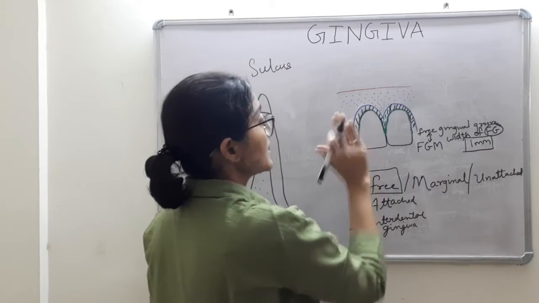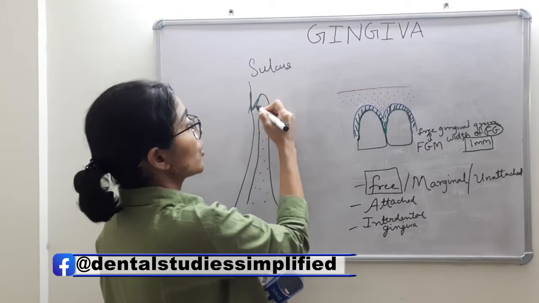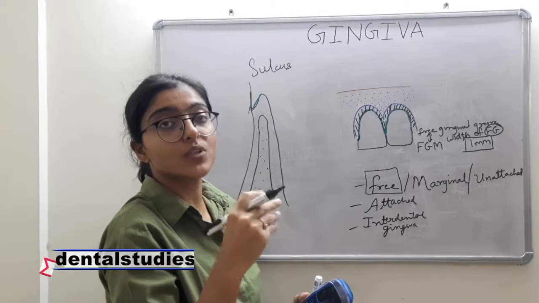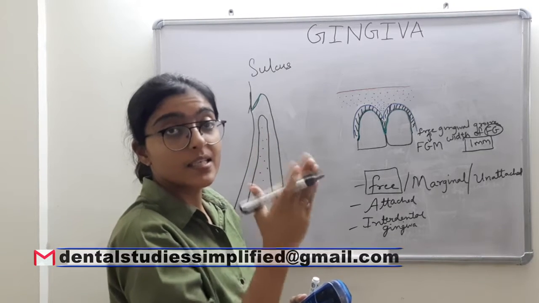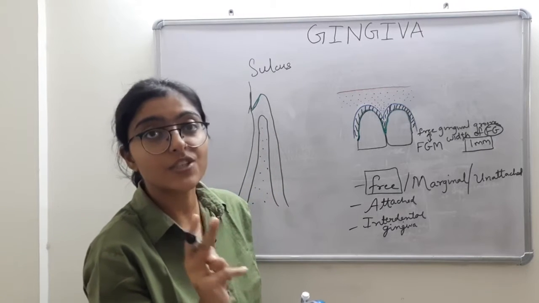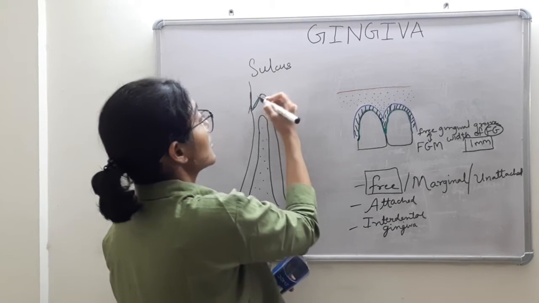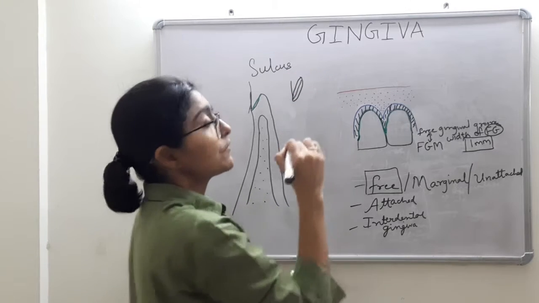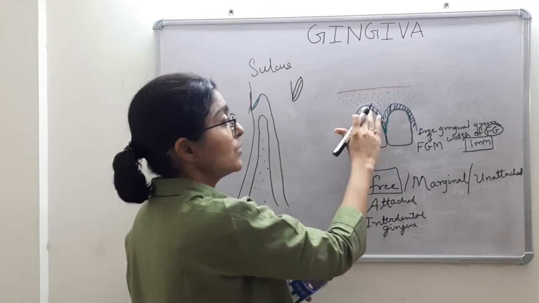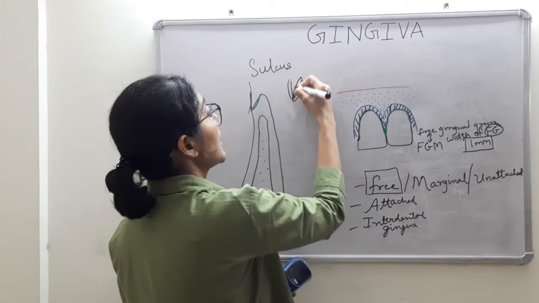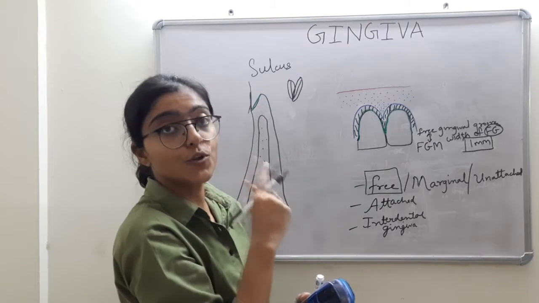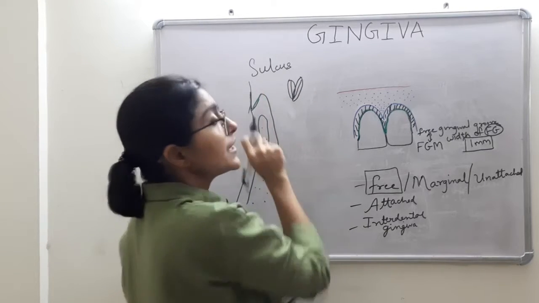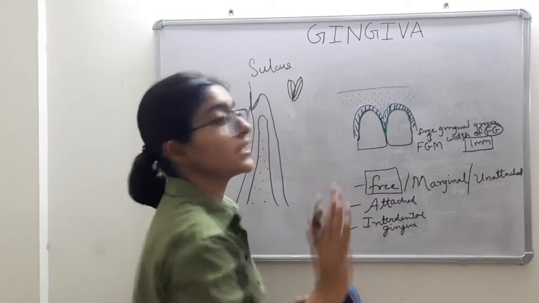Another thing, this free gingiva forms this green line. Watch here in the sulcus. This free gingiva contributes to the soft tissue wall of that shallow crevice, that V-shaped space, which is the sulcus. This diagonal line of the V is contributed by the soft tissue free gingiva, and the other diagonal line of the V is contributed by the tooth surface, that is hard tissue. So one of the walls of this V-shaped crevice is contributed by free gingiva.